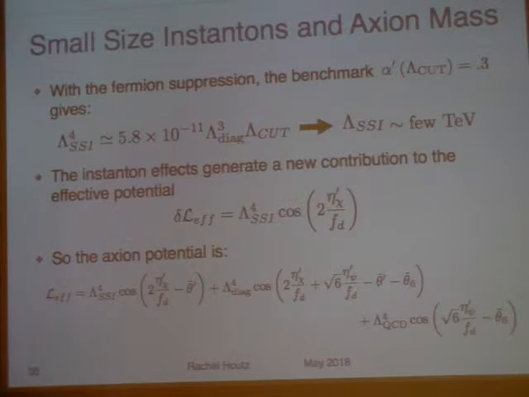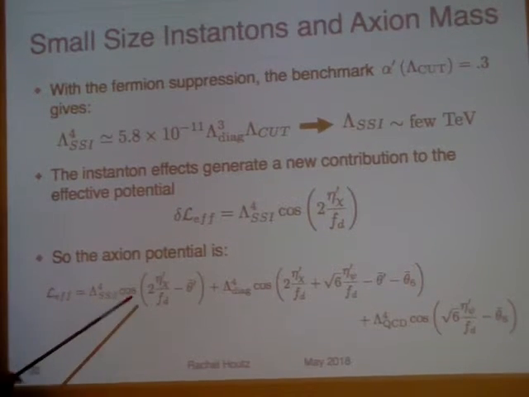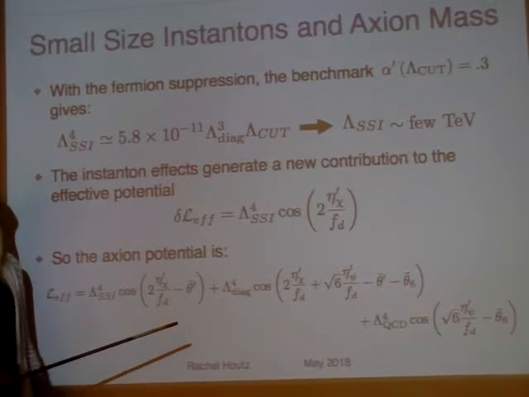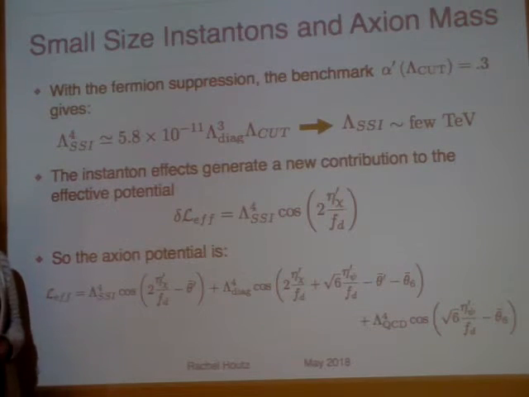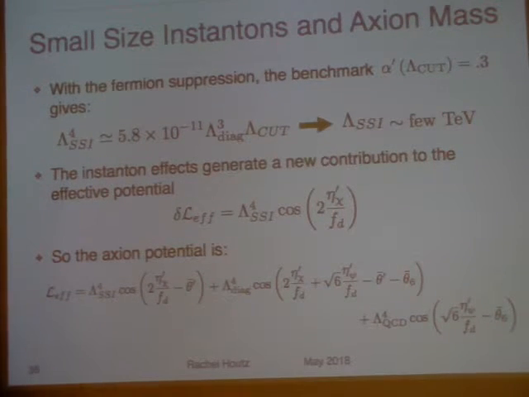Yeah, so I can tell you where our model breaks, but maybe this won't be answering your question. We can't push our cut breaking scale past the Planck scale, and so we can't put lambda diagonal too high. Anyway, I don't know if we can answer this now. But I think at least our high energy effective theory has a CP-conserving minimum, and the instanton effects don't tilt the potential away.